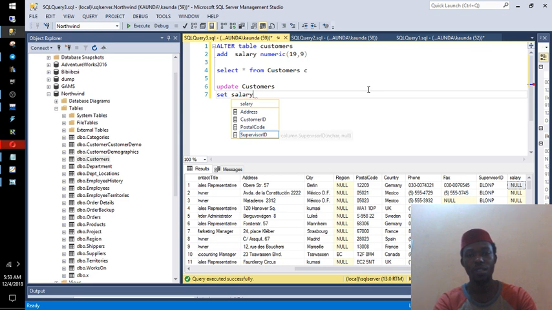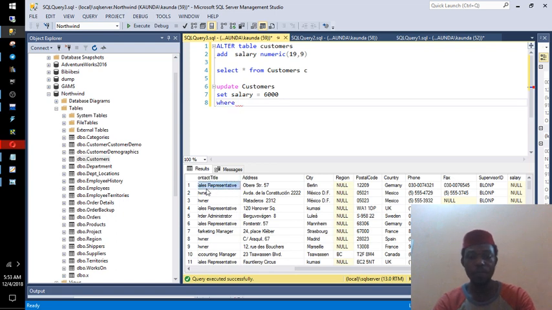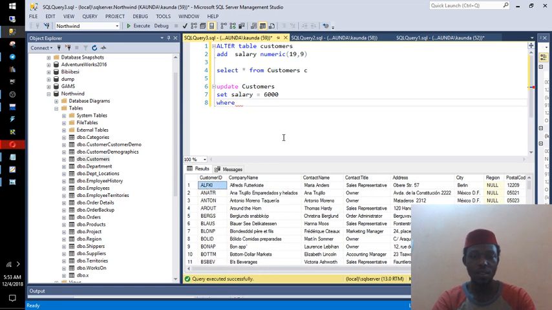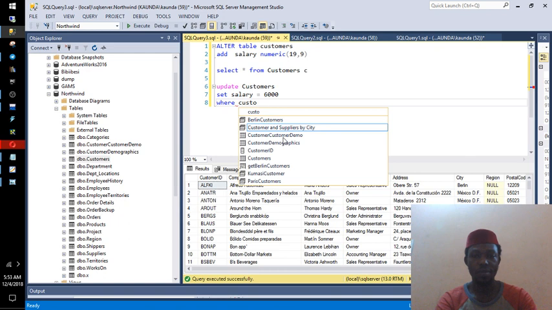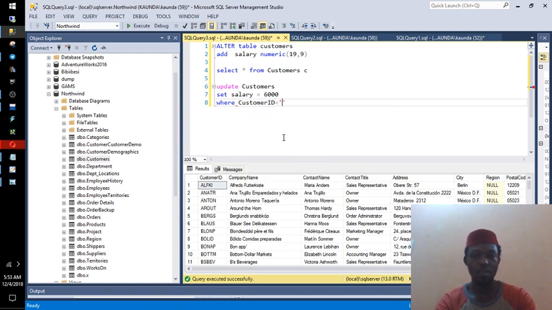Let's say salary is equal to 6,000, where customer ID is equal to ALFKI. There is an F. In short, you can just copy and paste it here. One thing is that this one is underlined